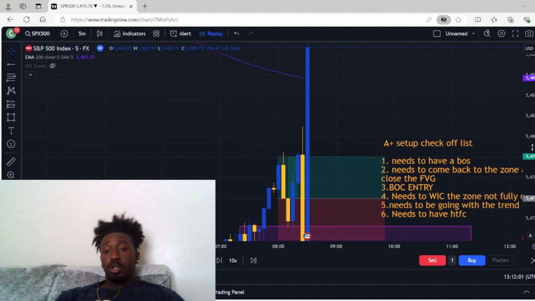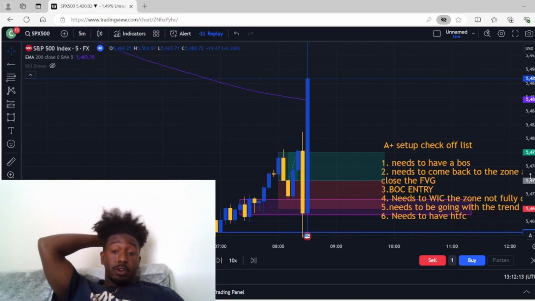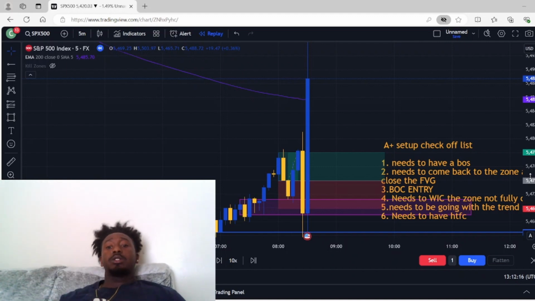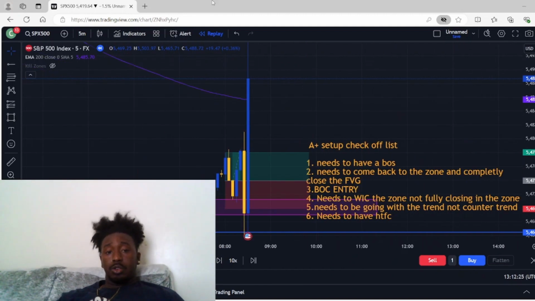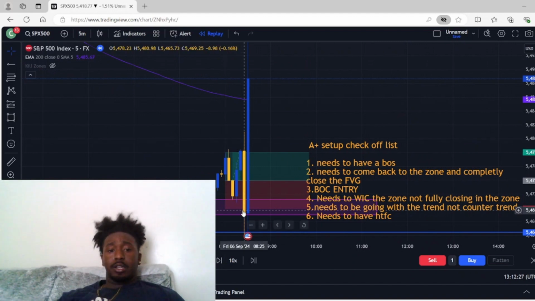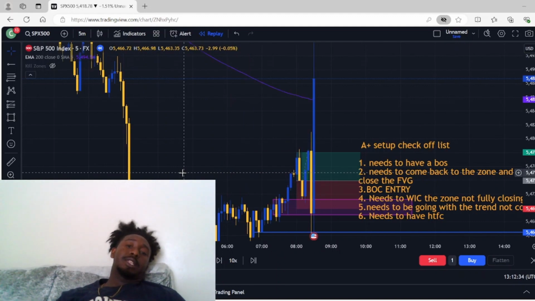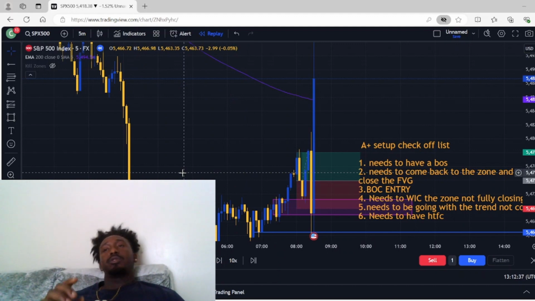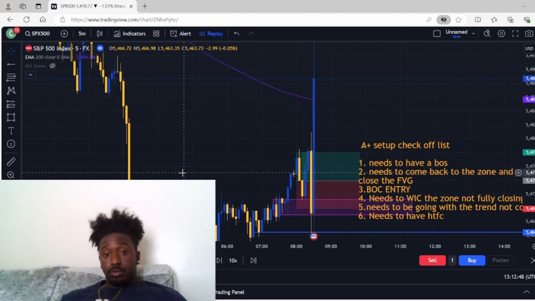If I did trade like that, but back to my A plus setup. I just wanted to make a video on what an A plus setup is, and just because on my list, I didn't have everything on my list checked off. Like this was a counter trend move. This wasn't trading with the trend, you know what I'm saying? So it was a risky trade, but sometimes counter trend moves can be okay, especially if the markets have already made a really drastic pull down or pull up, and you decide to counter trend that move. Then I mean, that's a good idea. That's not a bad trade. Will it always work? No, but